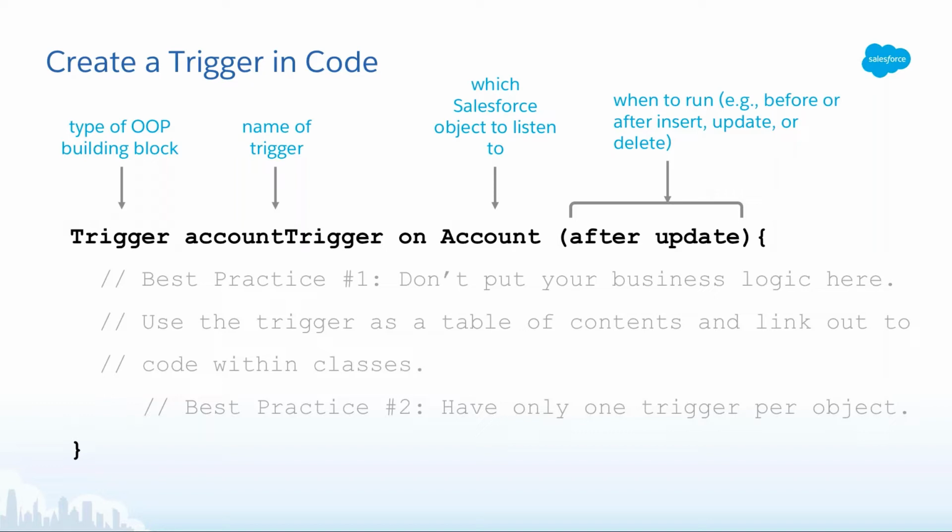In the parentheses are the parameters. This is where you say when we want our trigger to run. It can be before or after the object is fired in an insert, an update, or delete. Here, after triggers, like what you see in this example, are great for doing something related to a record that you just inserted or updated in your Salesforce org. For example, if you're trying to create a series of related records, then you can do that very easily with a trigger. Before triggers are great at setting data programmatically before you save a record.